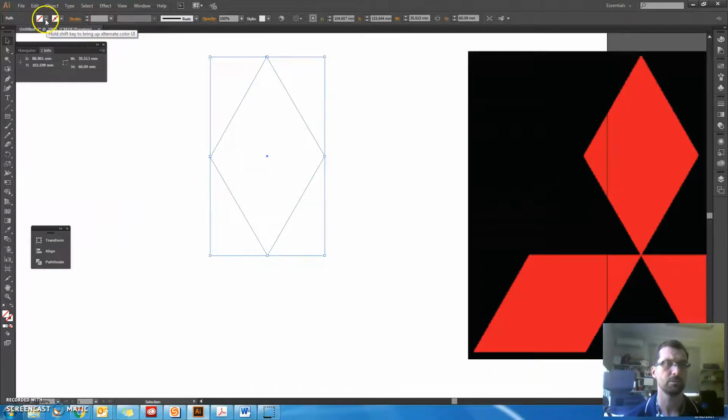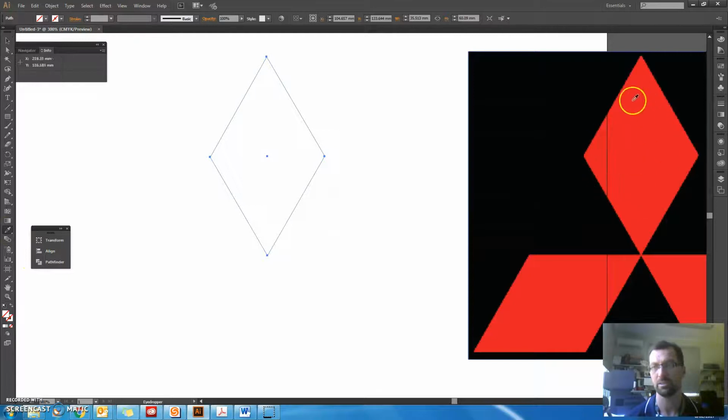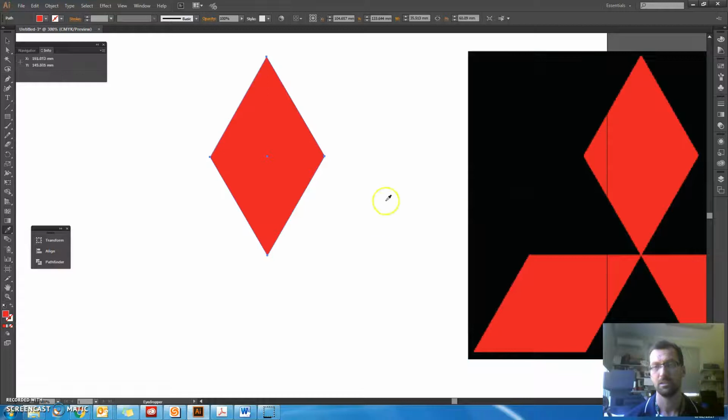Okay, actually I'll show you something here which could be useful. This eyedropper tool. If you've got this shape selected, you click the eyedropper tool here. Say we want to sample that color there. We want it exactly the same as that color. If you click on that, it should sample it. It has to be selected for that to work. So that should be exactly the same color. Okay, so we've got